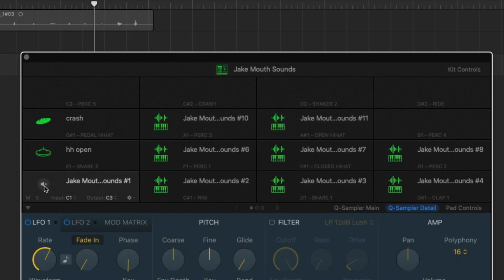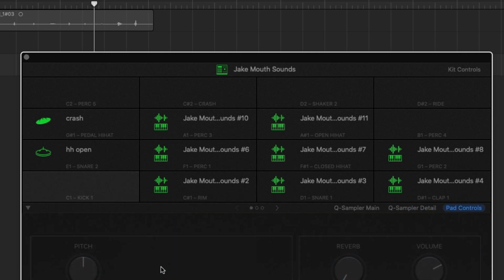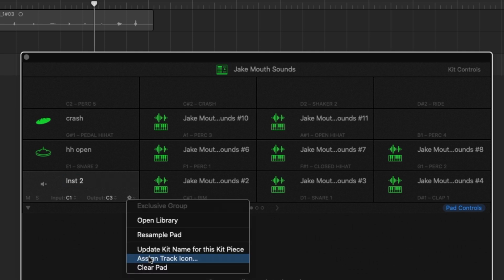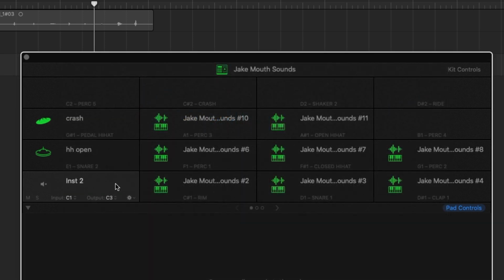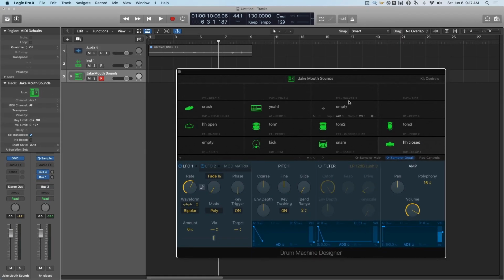Now this one, I click, and there's no sound to it. What the heck is going on? We're going to hit the gear, clear pad. There's no point in having it there. I'm actually going to select no icon. It's just a little bit easier on the brain. We just remove the icon and get it out of there. And I'm actually going to rename this empty. So now I'm just going to time travel through renaming and adding icons to each one of these pads real quick. Here we go. So now that we've got all of these renamed and we've got all of our icons assigned,